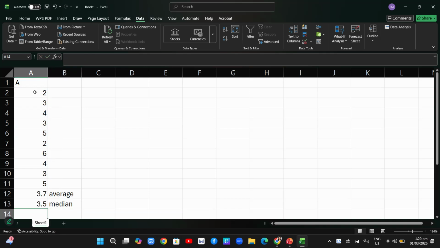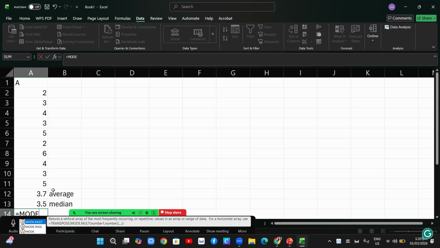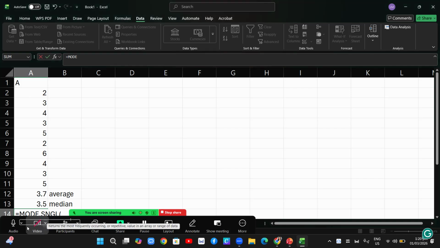So next, let's practice getting the mode. The mode is the value that appears frequently. In the formula, we have equals, and then we type mode. As you can see, there is already a prompt, mode.sngl. So let's click it. And then there is an open parenthesis here.